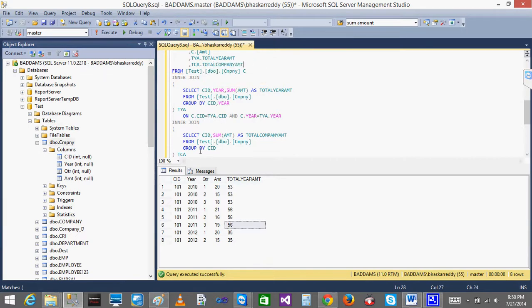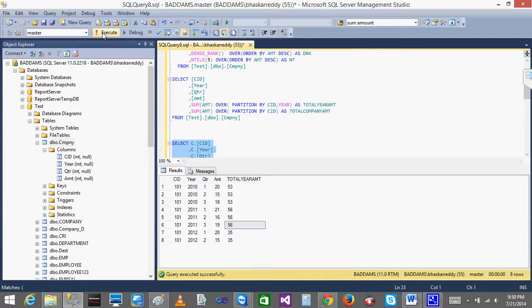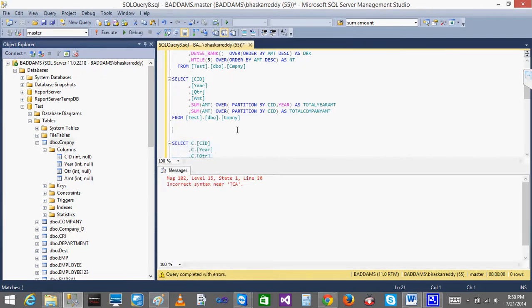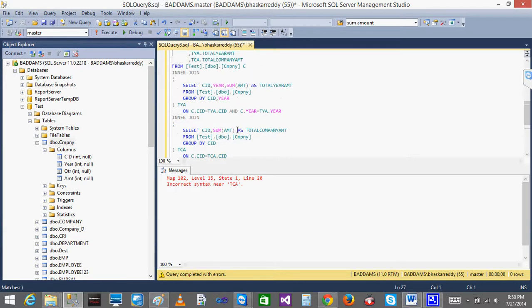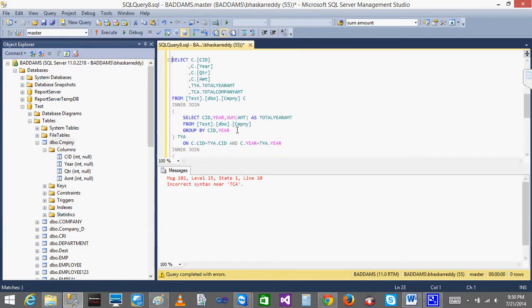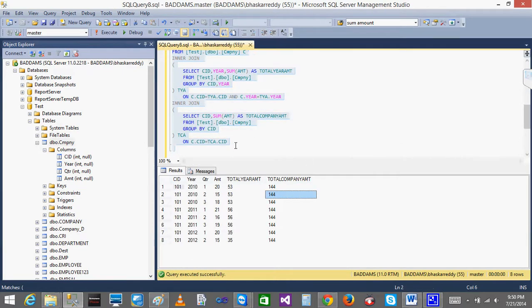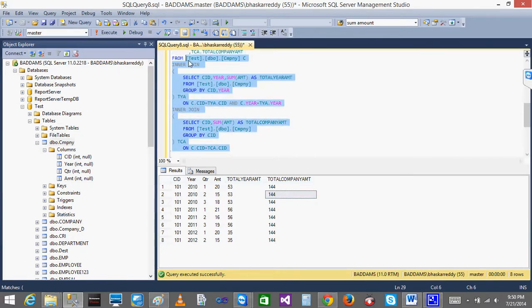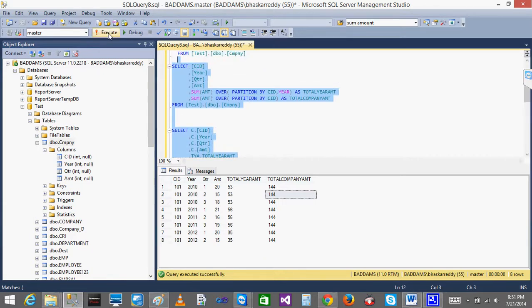See, now the same queries, I'll execute this query. Now you can see you got the total amount. Okay, incorrect syntax near TCA. Where do you have the incorrect syntax near TCA? I think I may not have selected the correct one. I need to select the join also. Let's see. Yeah, you got the same thing. Now I'll run both the queries. Now I'll run this query, I'll run the above query. See,